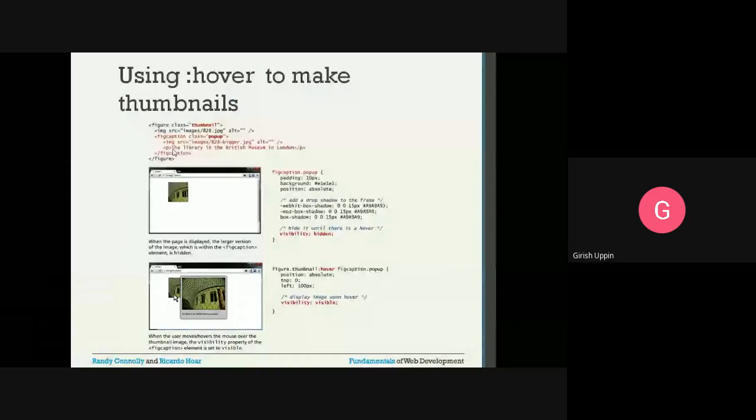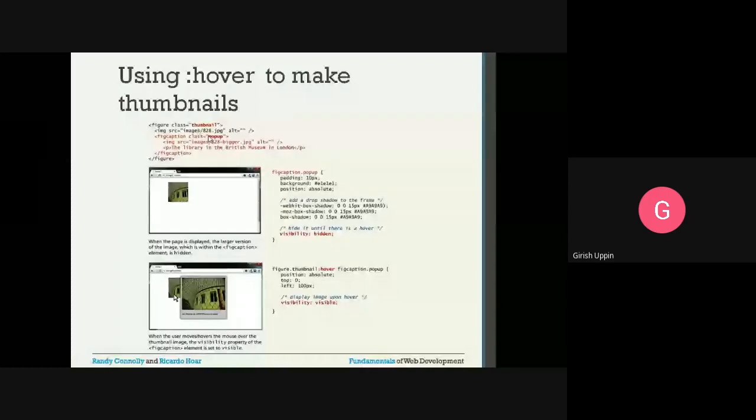Now we have two properties that are set. One is for the class selector, figcaption dot pop-up. Inside that I have padding 10 pixel, background color, position absolute, and a box shadow, and visibility is hidden.